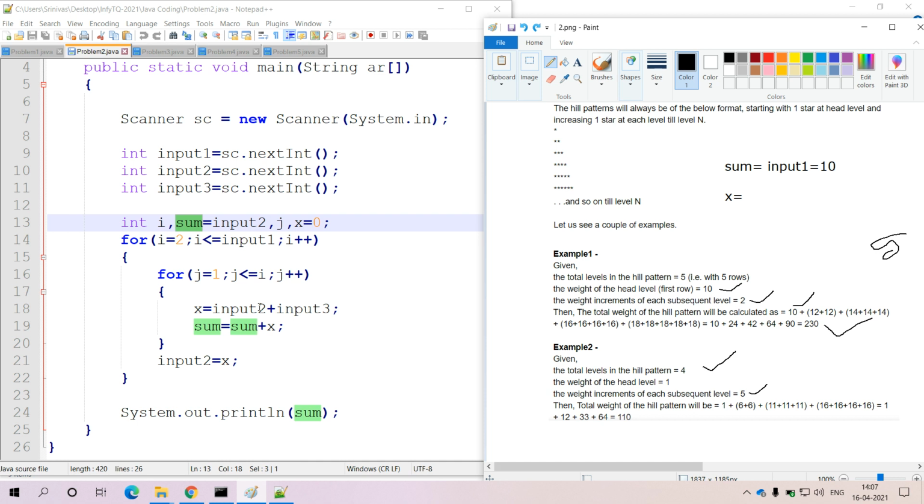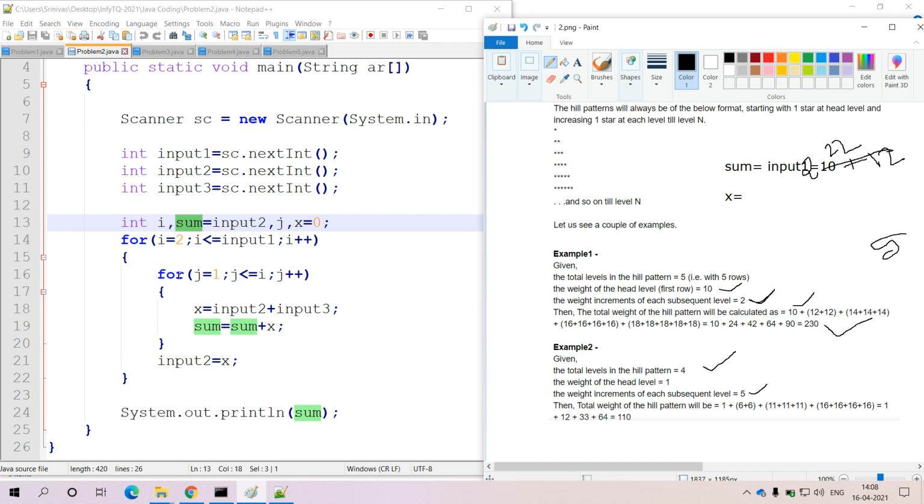Within the inner for loop, the value we are storing from input 2 is 10. 10 plus input 3, and input 3 is 2. 10 plus 2, in the sense you will get 12, that will be available in x. And the 12 value we are adding to the sum. Initially the value available in sum is 10. 10 plus 12, in the sense you will get 22. So finally the updated value available in sum is 22.